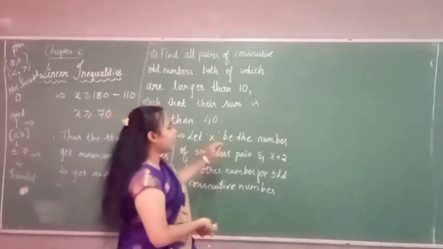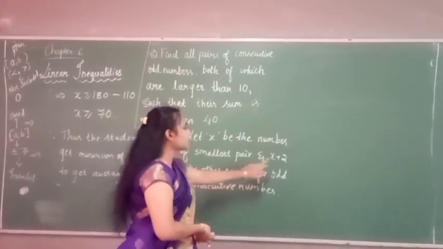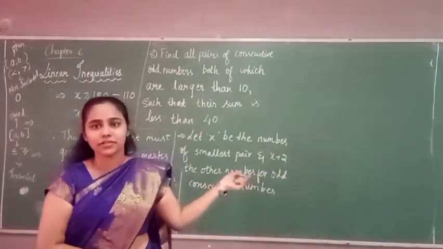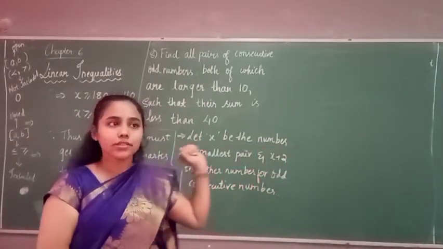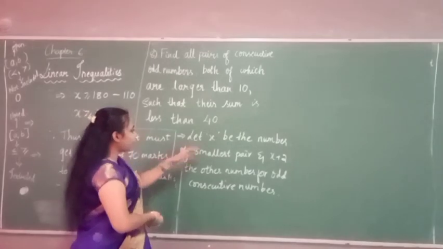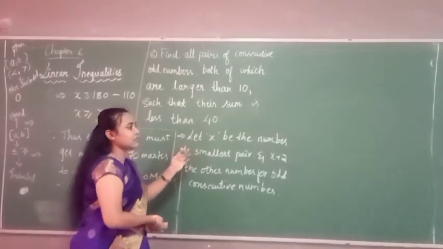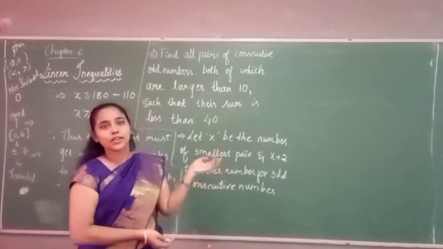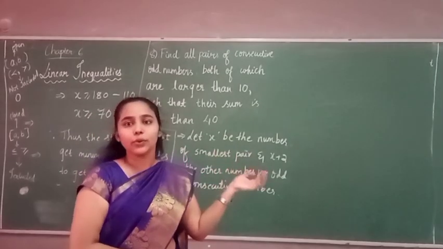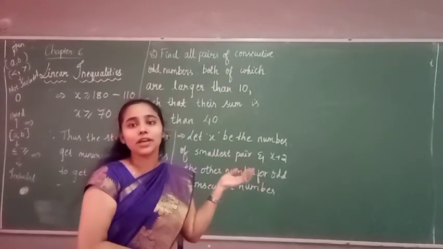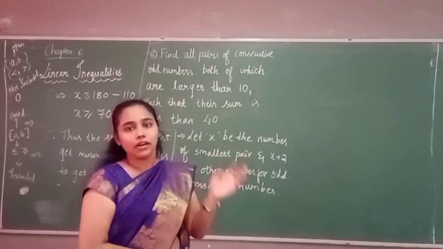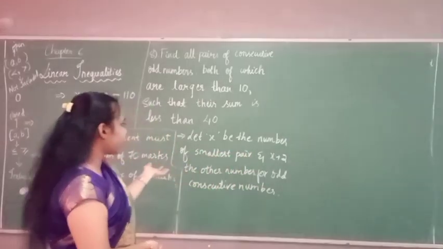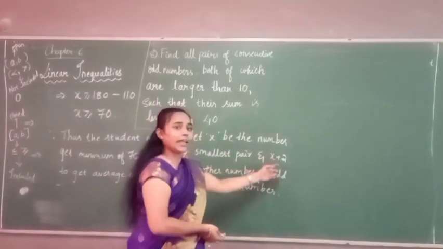So these are nothing but the consecutive numbers. So the next number after x plus 2 is nothing but x plus 3, x plus 4 and so on. If we want to write apart from these two consecutive pairs, we can even write it as even: 2x plus 2, next one 2x plus 4. That will come with the even consecutive numbers. So here we are considering odd, so I will be writing it as x and x plus 2.